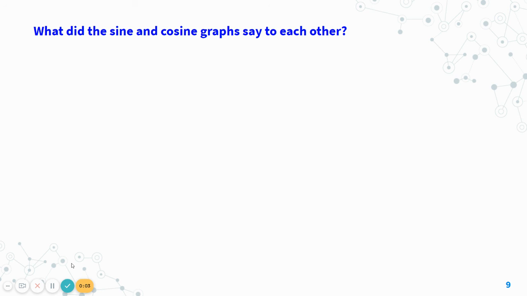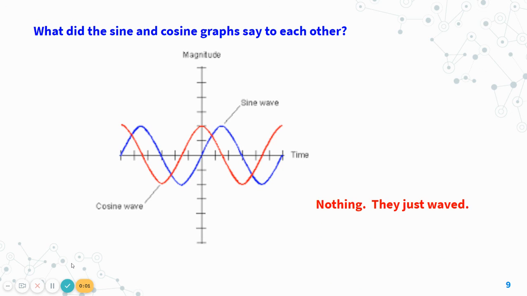And then I will leave you with this. What did the sine and cosine graphs say to each other? Nothing. They just